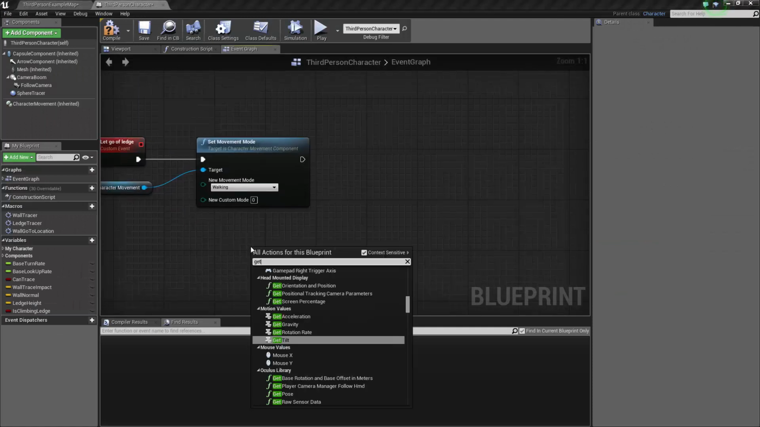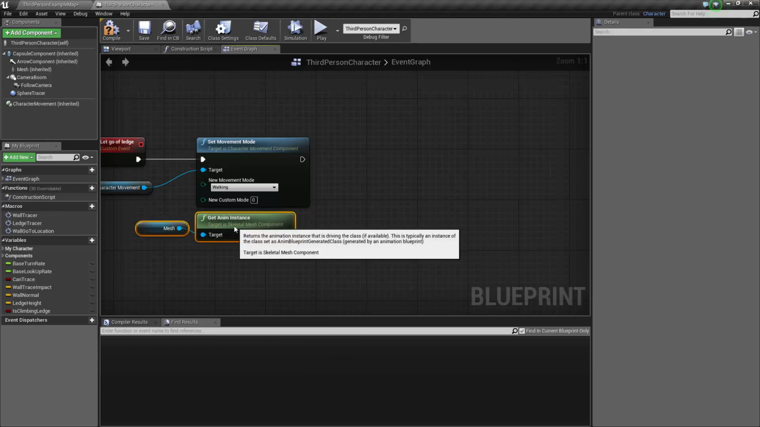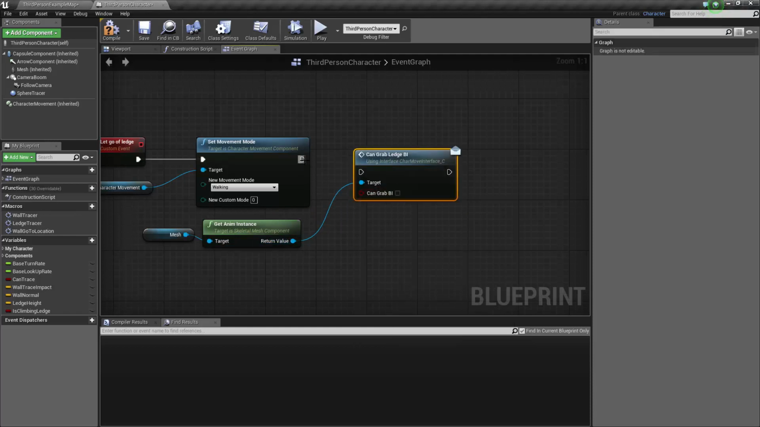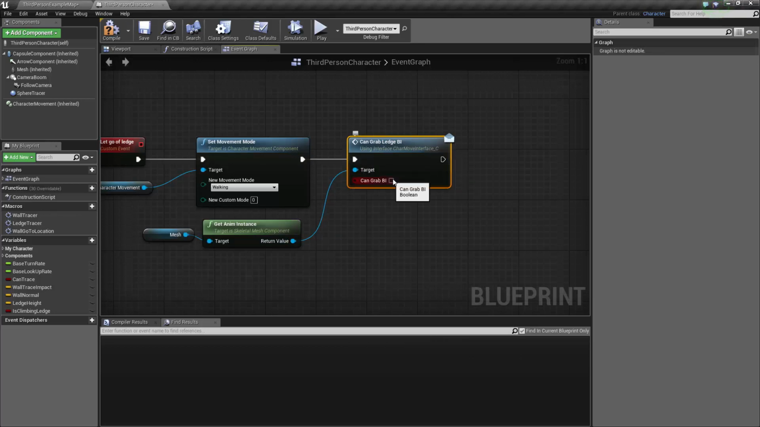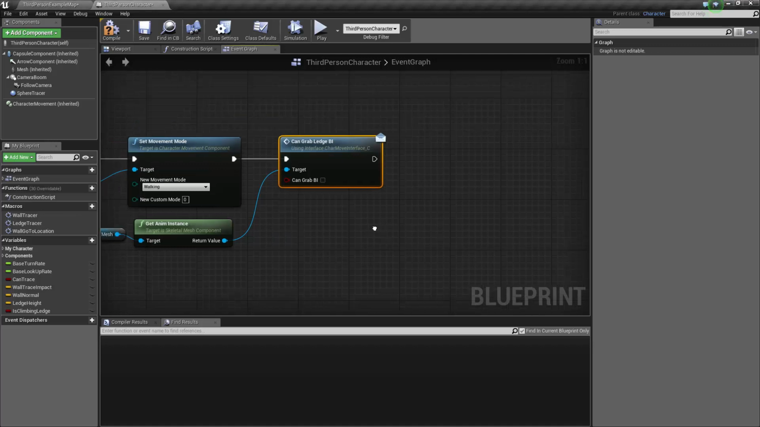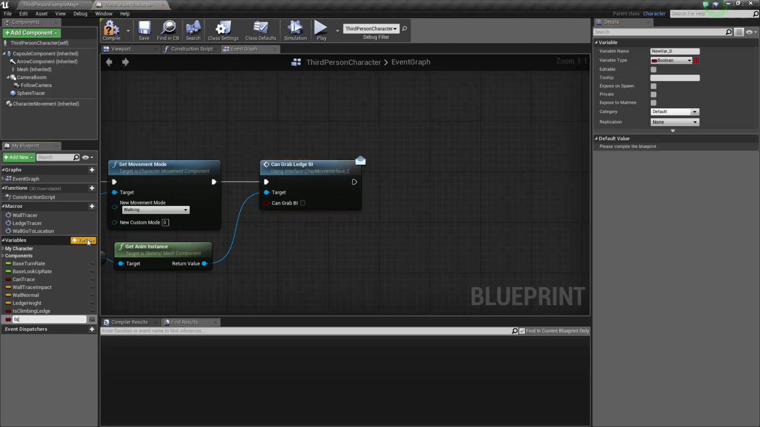Okay, so we have to get the anim instance to tell the animation instance that it's no longer grabbing the ledge. We're gonna run that interface, or call that interface, can grab ledge BI, set it to false, and then we should have a bool value that says is hanging that we need to set to false. So create a variable, call it is hanging, set it to false,